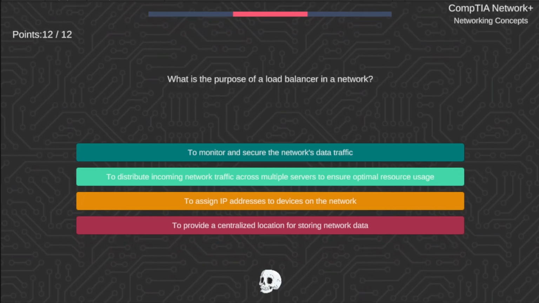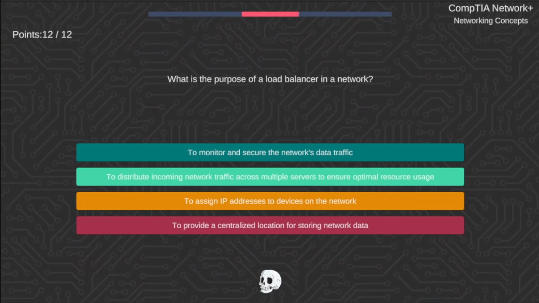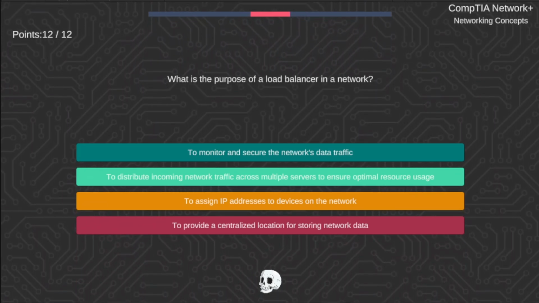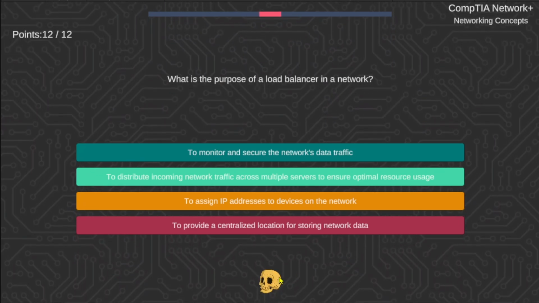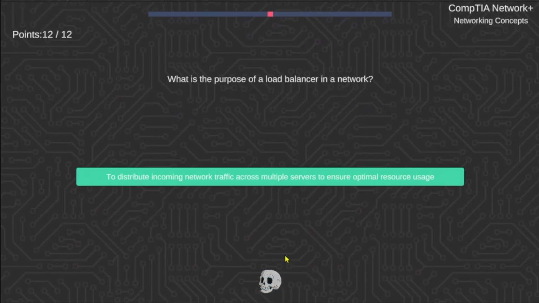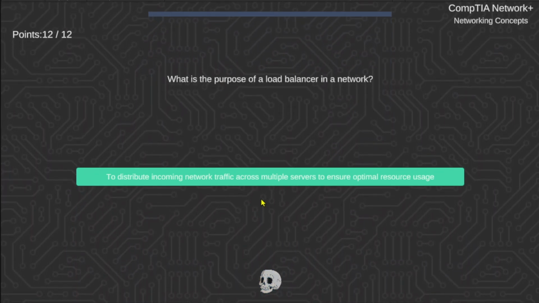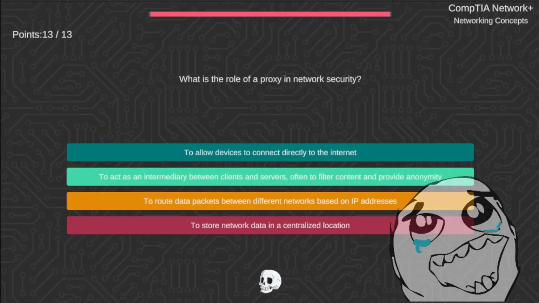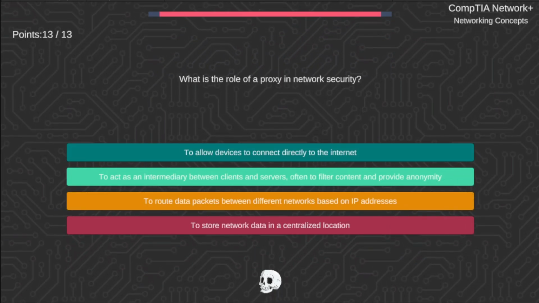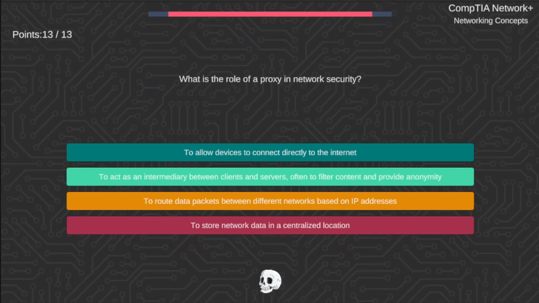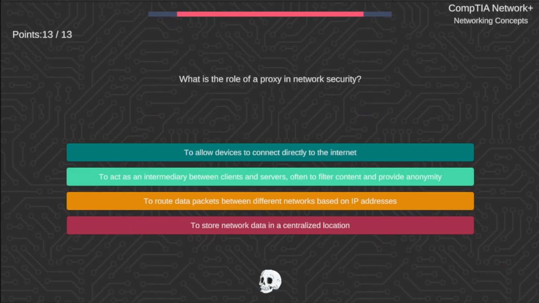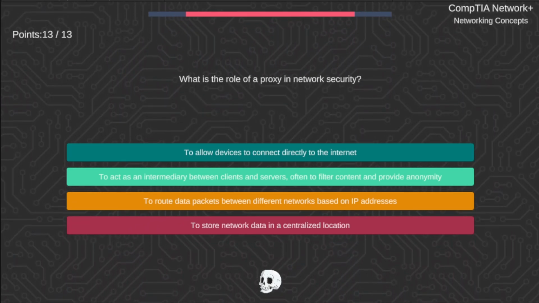The purpose of a load balancer. Correct answer is to distribute incoming network traffic across multiple servers to ensure optimal resource usage. What is the role of a proxy in network security? To allow devices to connect directly to the internet, to act as an intermediary between clients and servers, often to